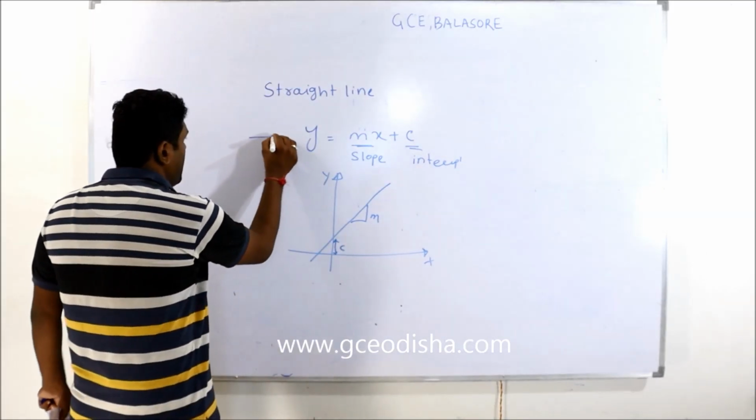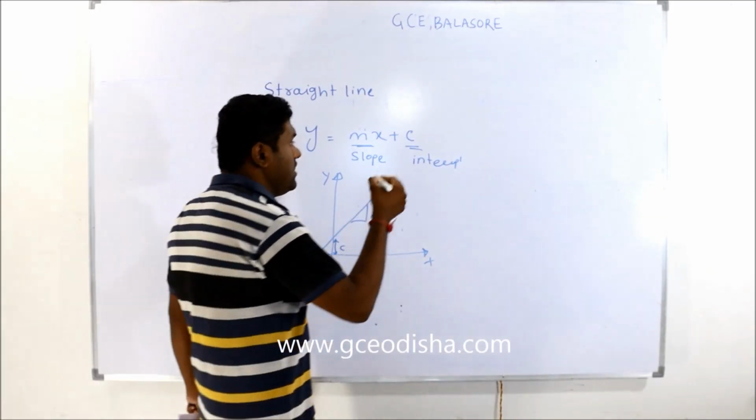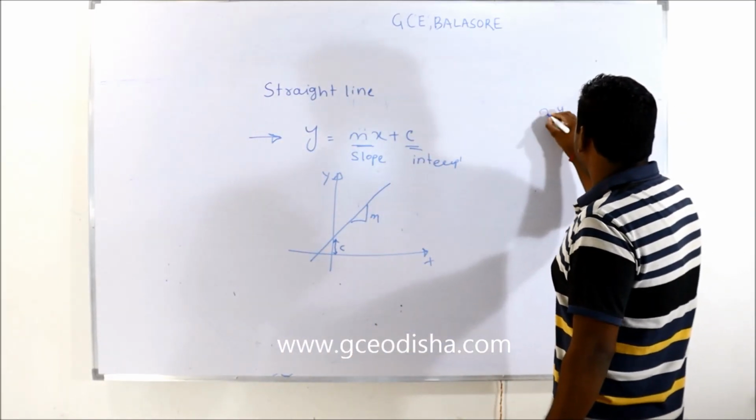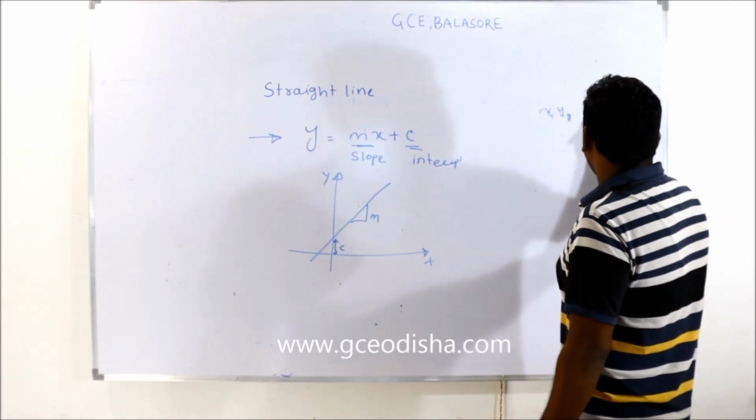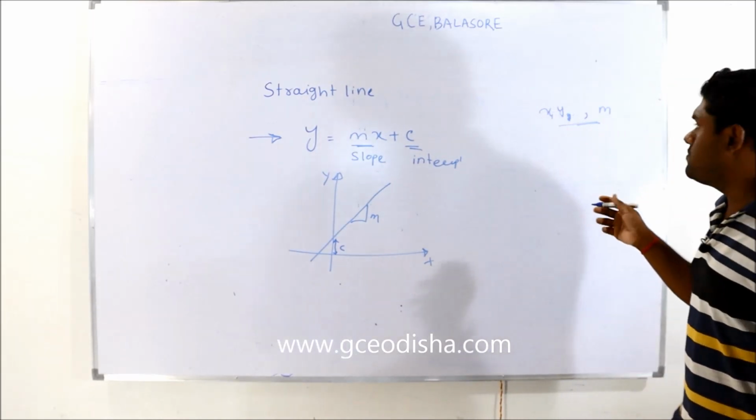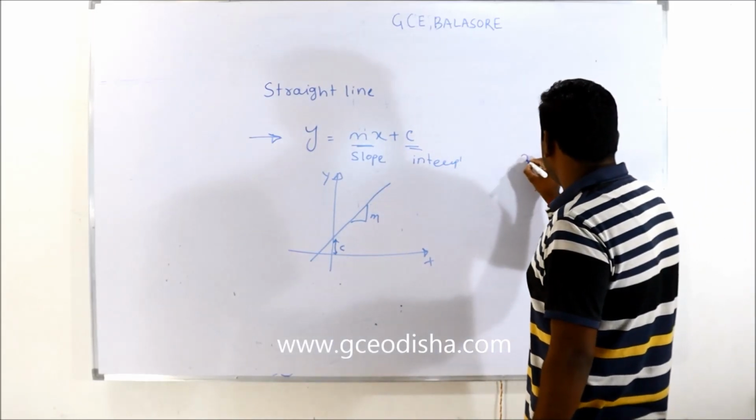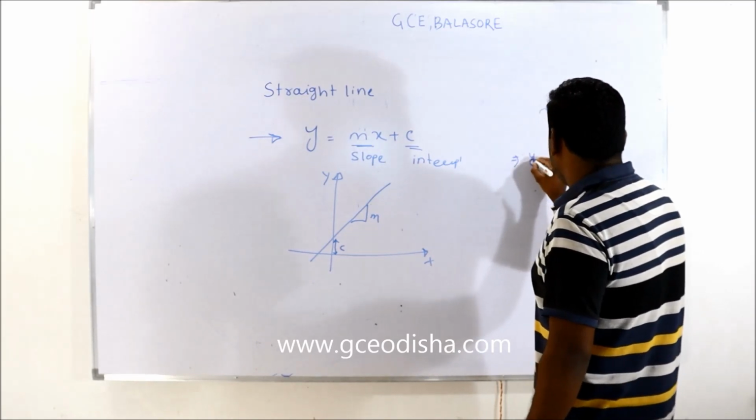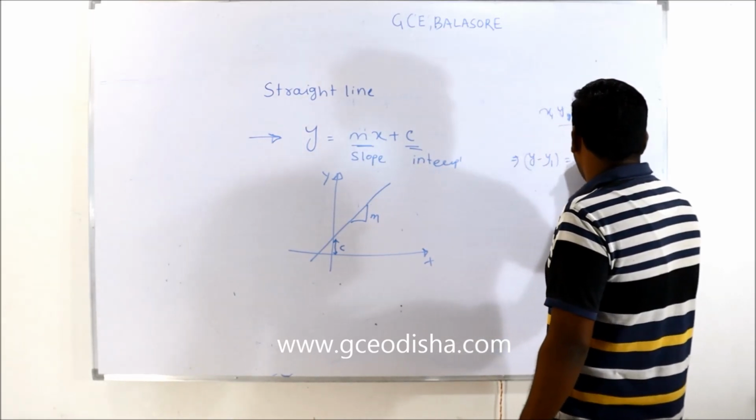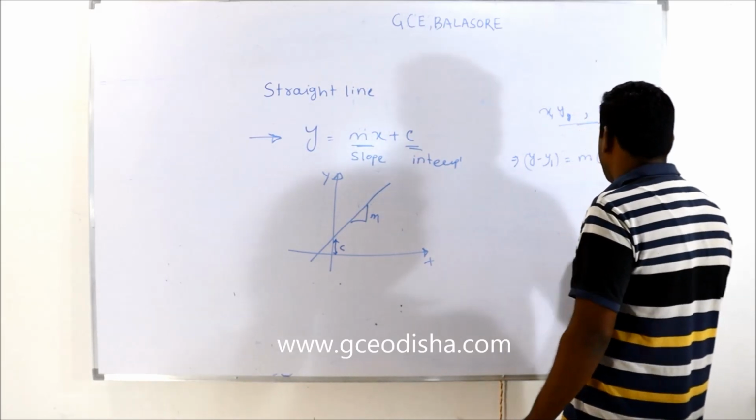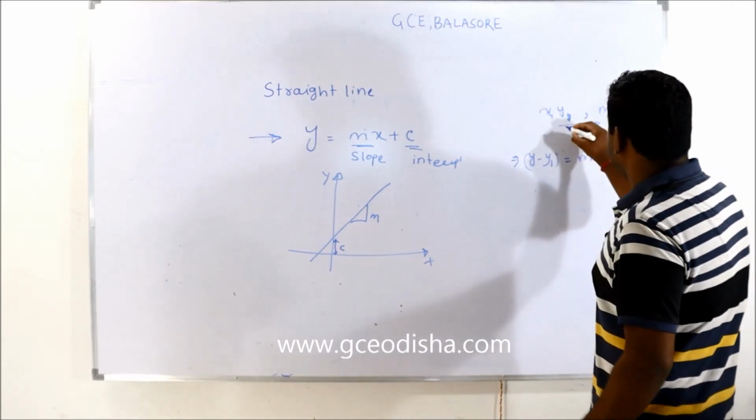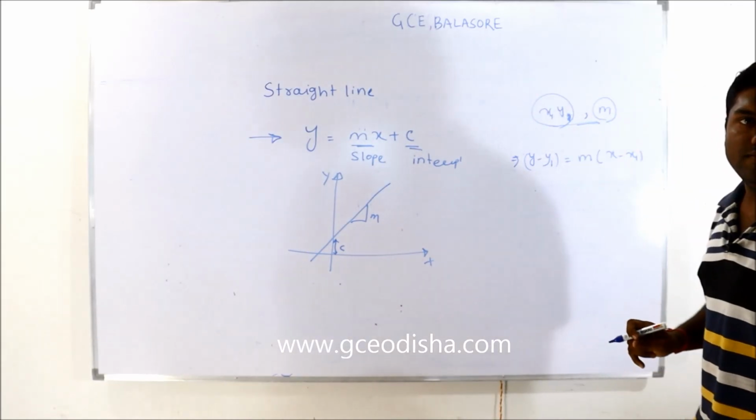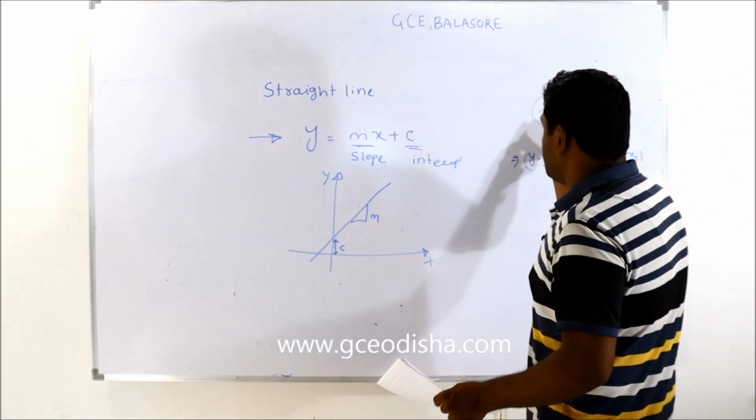This is one form I am giving. Like in the equation, if they give only one point, x1, y1, and they give only the slope, how can you find the equation of the straight line? Use y minus y1 is equal to m into x minus x1. This is the equation of line when one point is given and slope of the line is given. This is one form